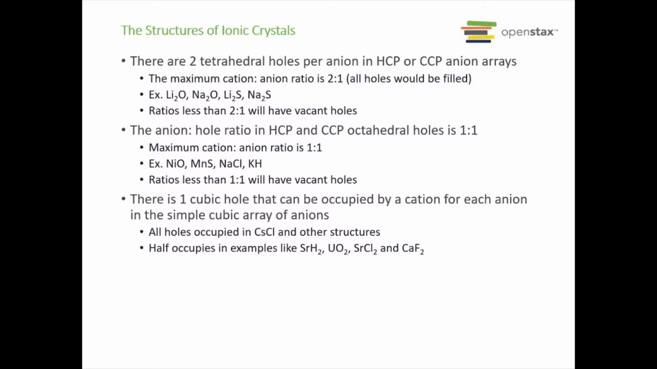For the octahedral holes, the anion to hole ratio is 1 to 1, which means that your maximum cation to anion ratio is 1 to 1. Some examples of this are nickel oxide, magnesium sulfide, sodium chloride, and potassium hydride. You can have ratios less than 1. That does happen, and these would, again, have vacant holes. So this would mean that you have like